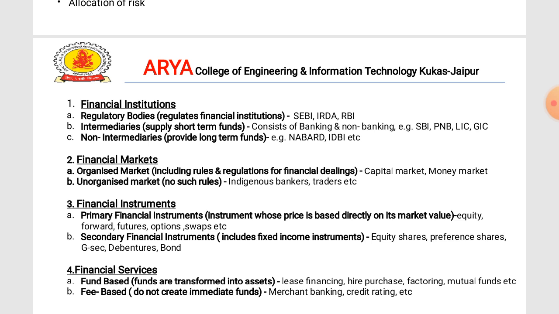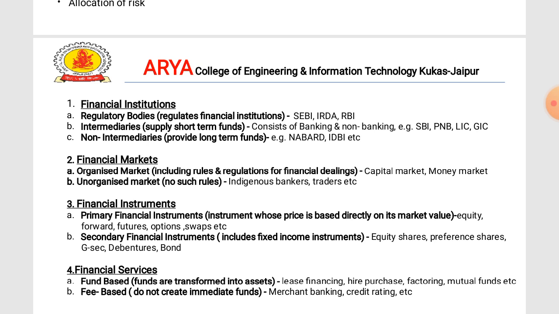Coming to the next, factoring. Factoring comes from a Latin word which means a doer. So it generally means a factor is one that lends money to producers and dealers on the security of accounts receivable or debtors. And mutual fund, as we all know, is an investment vehicle made up of a pool of funds collected from many investors for the purpose of investing in securities such as stocks, bonds, money market instruments and similar assets. The next one is fee based.